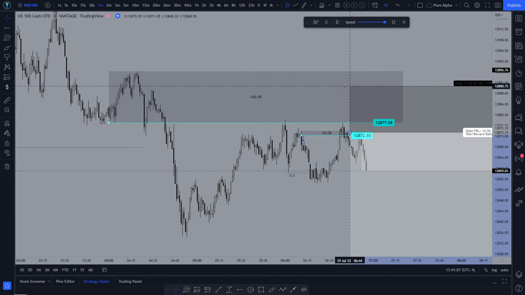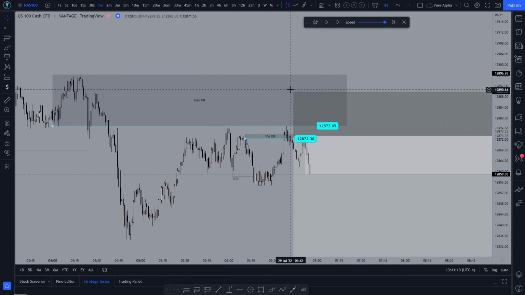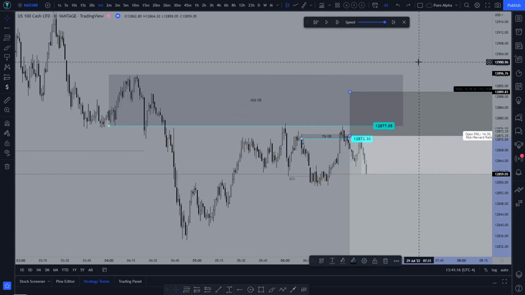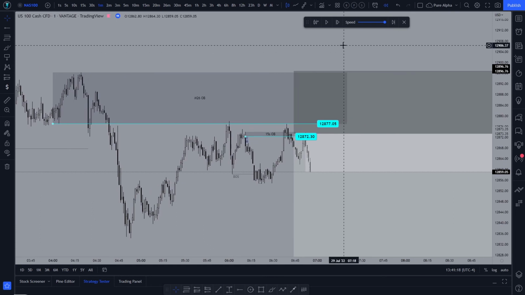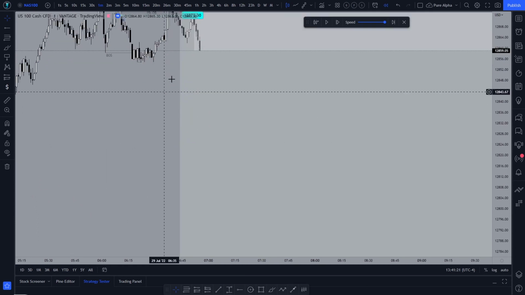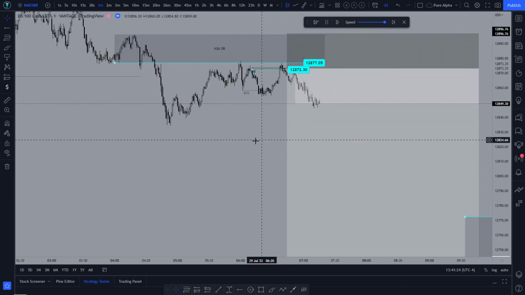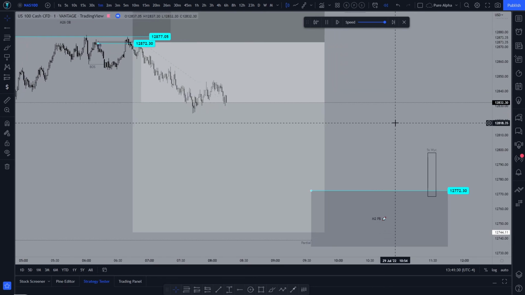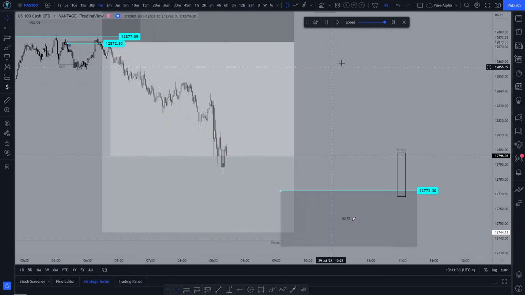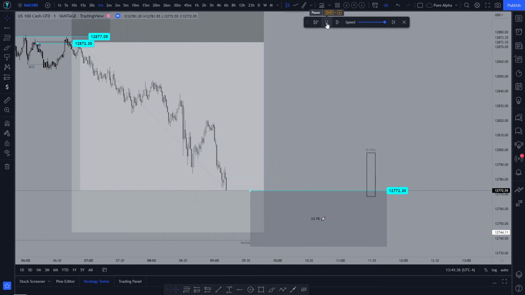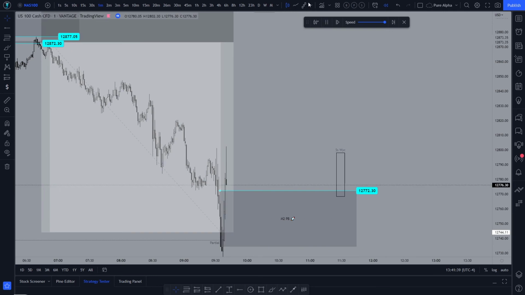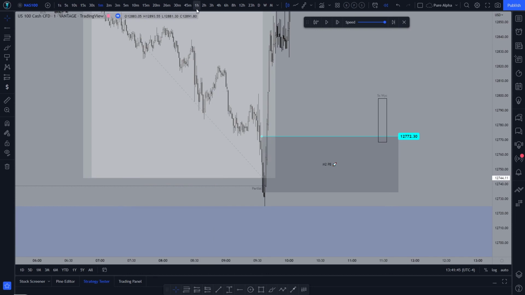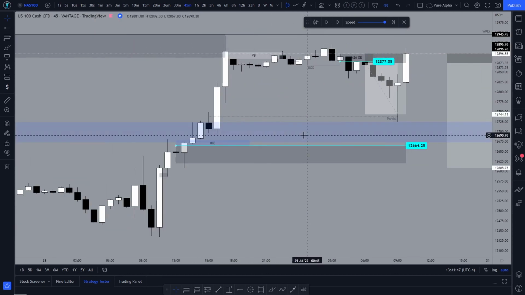Easily could have gotten away with having a stop loss down here, or perhaps even all the way over here, assuming that we're with the right direction, but that's not the case. Down the line, you guys will see me actually do that, but for this specific trade, that was not the case, and price just proceeded to run, taking out lows, giving you opportunities to get in again if you wanted to. Boom. So, very interesting.